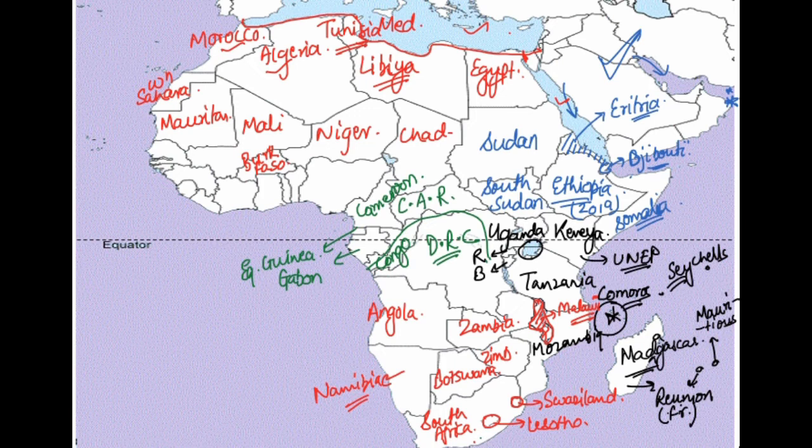The climate of Central African countries is generally equatorial or savanna climate, and as a result there is a good population of flora and fauna. The wildlife is very abundant. Apart from that, there are a lot of tribes living in this region as well. For example, in the Democratic Republic of Congo lives a very interesting tribe known as the Pygmies. Pygmies are known to be the shortest human beings on earth, so please read about them. It's an interesting fact. With this we move to our next group of countries, the Western African countries.